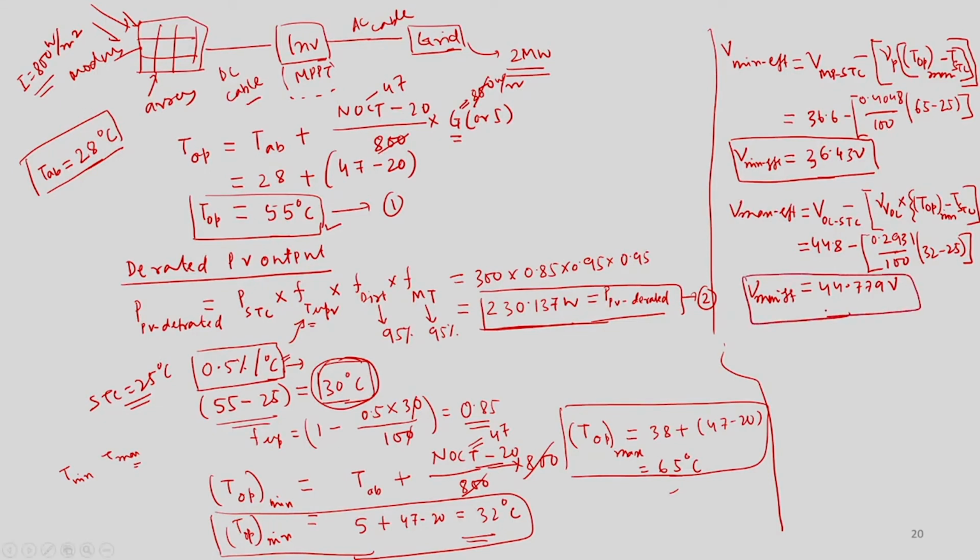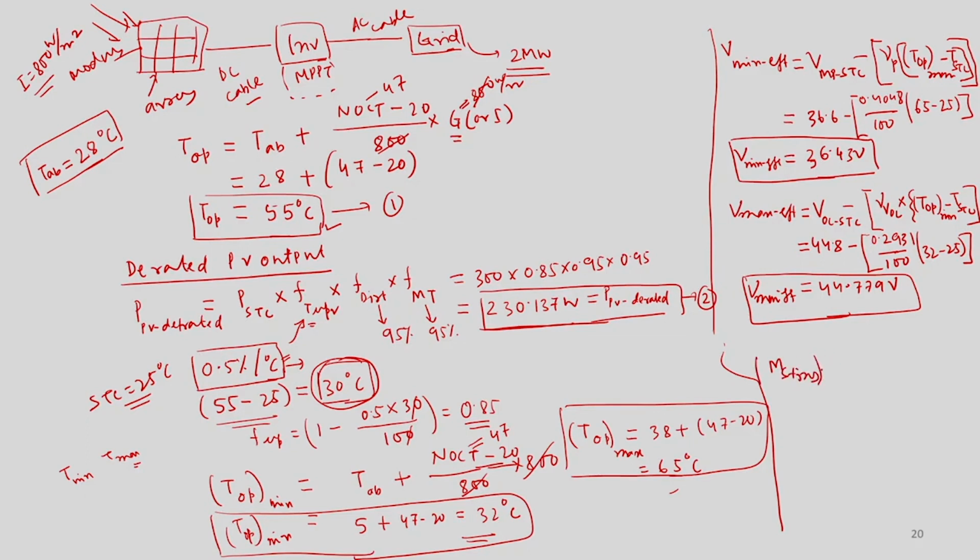This is known now, okay. So the next step is to find the minimum number of modules to be connected in series and the maximum number of modules to be connected in series. So how to do that? We can use the equations we have discussed. So this M string,